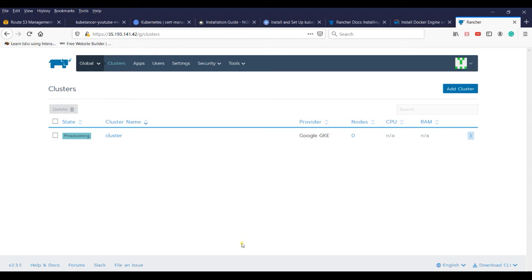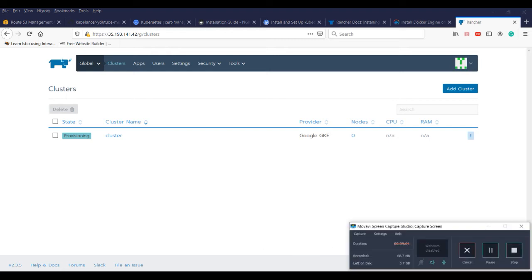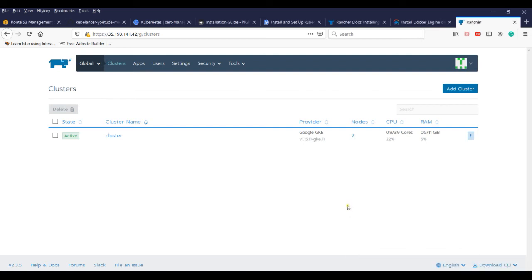The cluster creation will take another 5 minutes, so I'm pausing the video for a few minutes. Okay, the cluster has been created successfully and it's currently in active state with the Google GKE provider and with 2 nodes. Great.